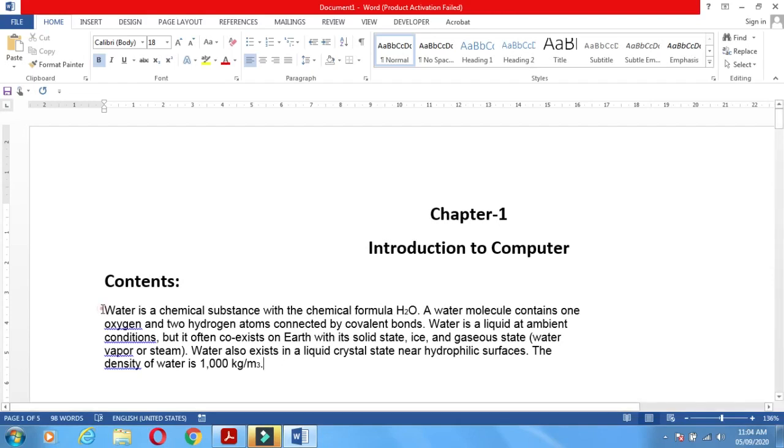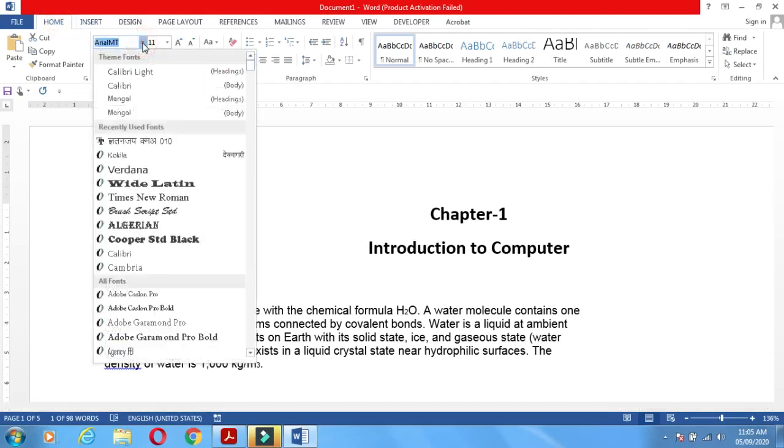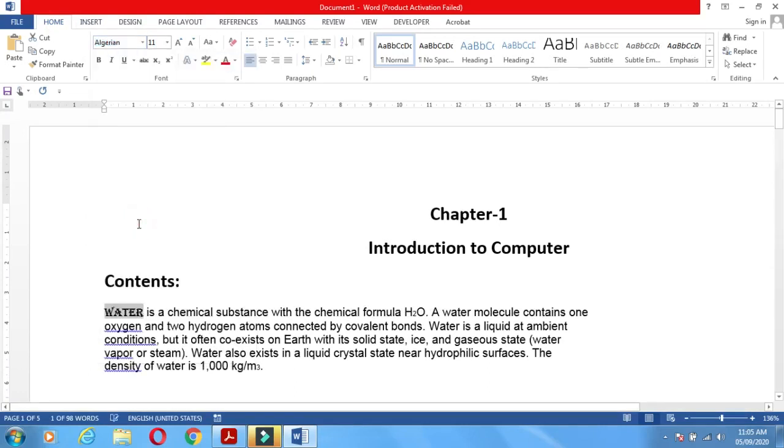Now see font face. If we select this word water, and we want to change the font face, then what do we do? We click on the home tab and go to the font face. We can choose any other font face.